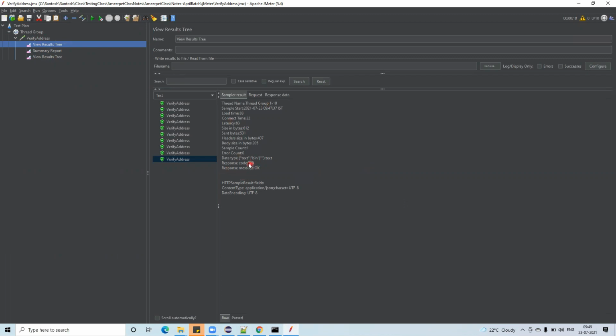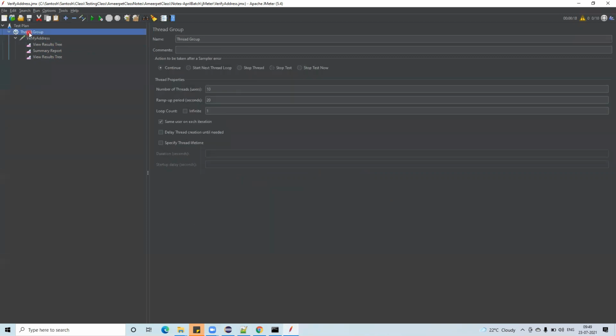So am I clear here? Yes, sir. At least now you understand what performance testing is and how people do it. And you can do however you want, you can play with this one. So the number of users you can keep at 100. How about the jobs in performance testing, sir?